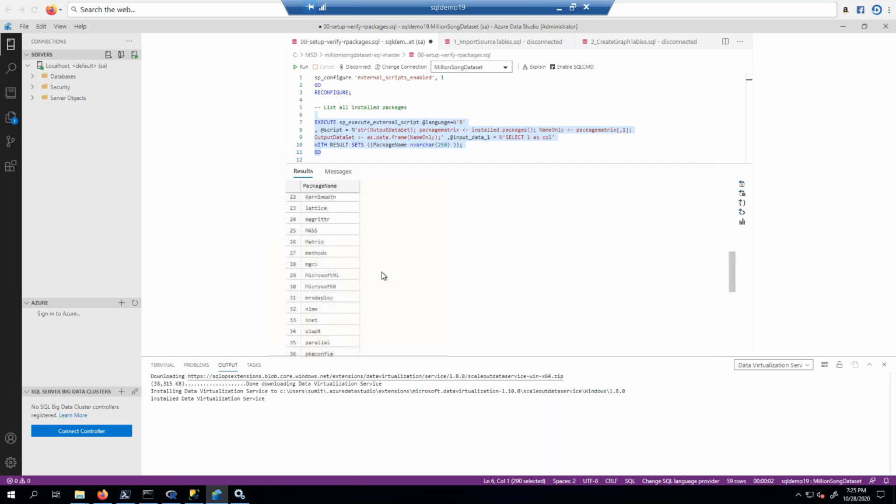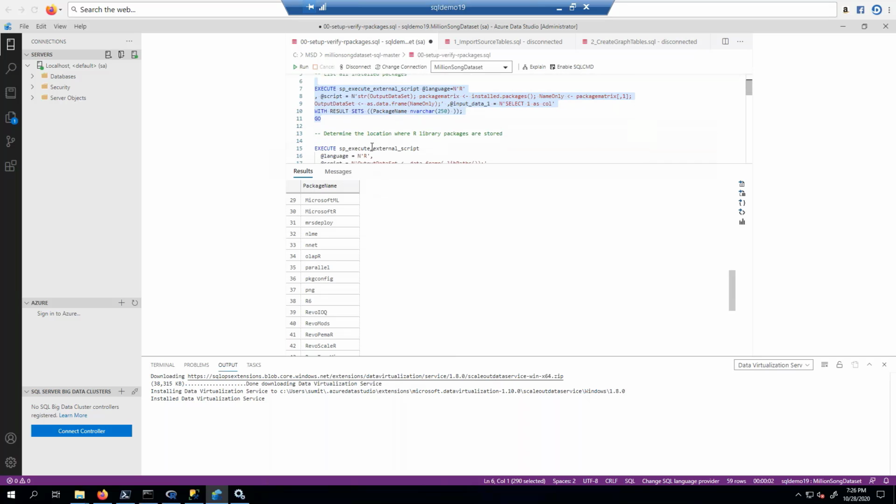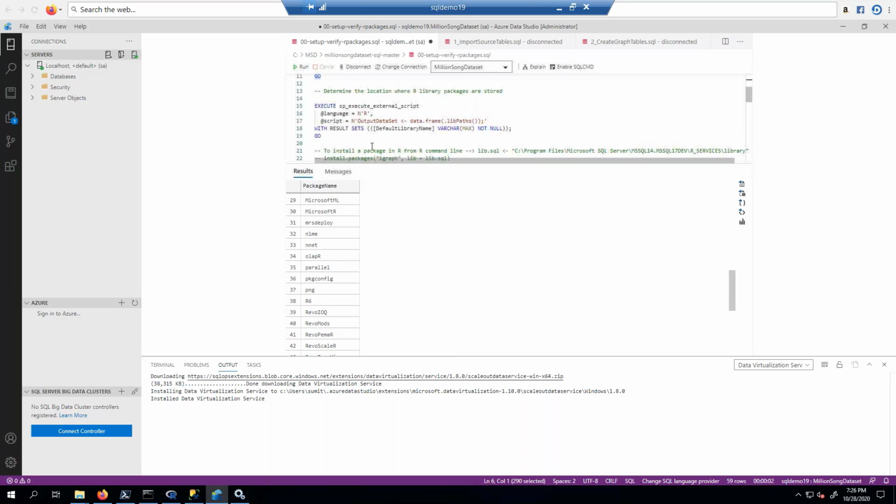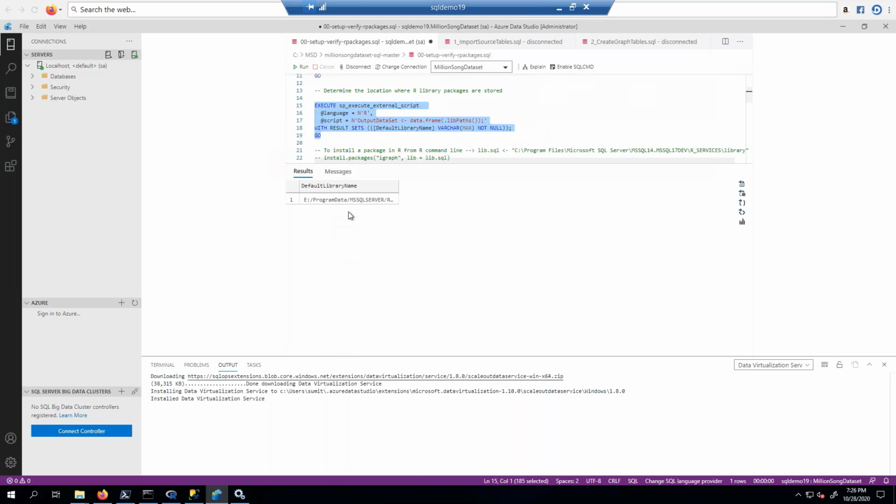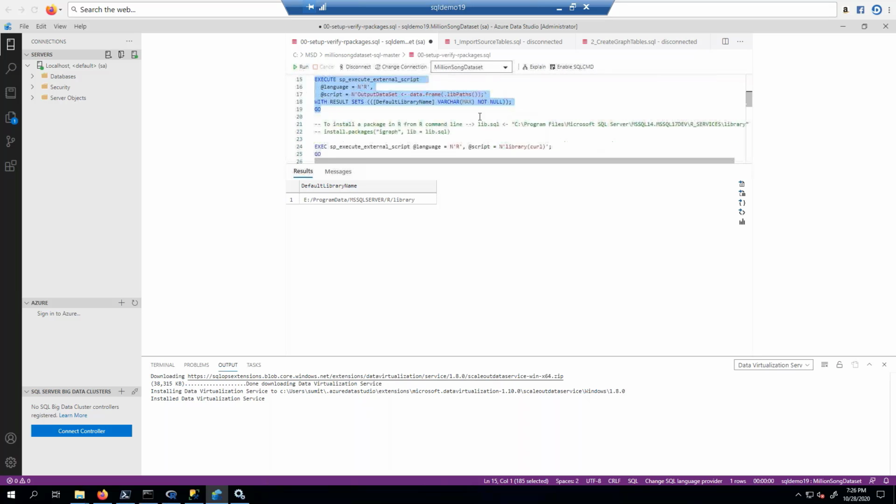So anyway, this is our packages that we have. It's a long story, but essentially Microsoft bought a company called Revolution Analytics, and that's the Revolution. So you can still see some of this name over there. This will tell you which directory. This is important if you're playing with R, like which directory has the R library. So any library packages that you install on your own are going to be installed over there.